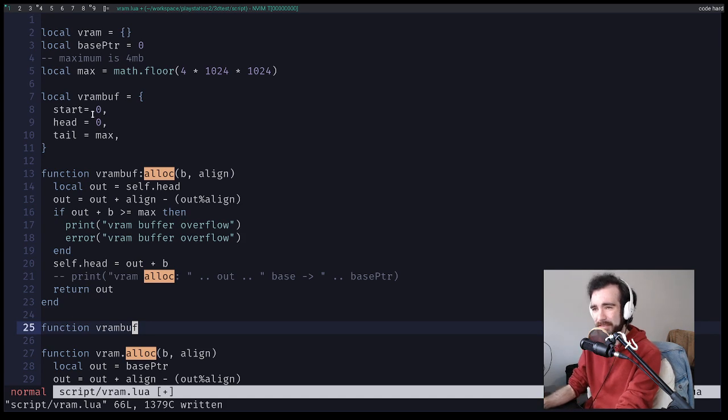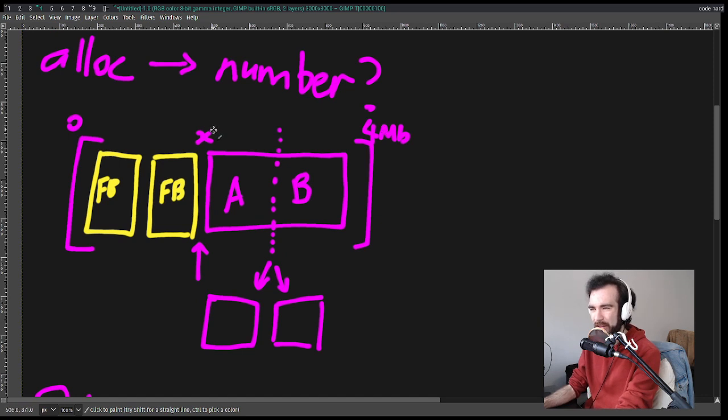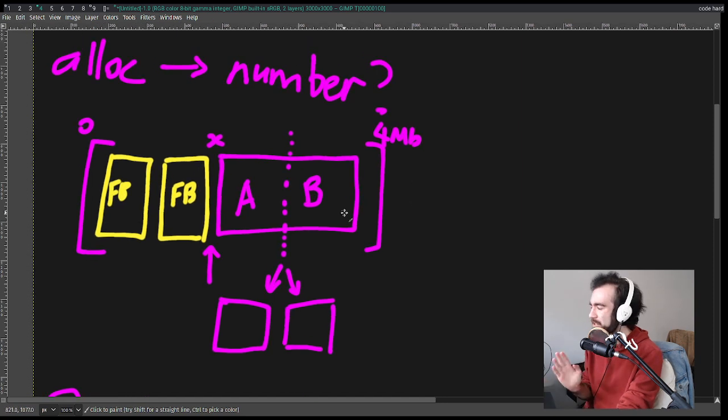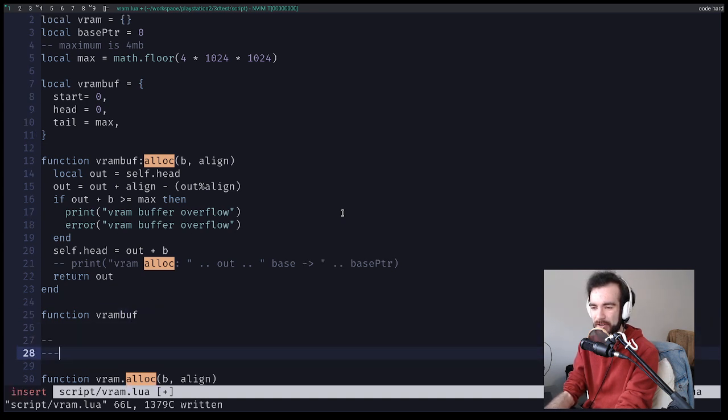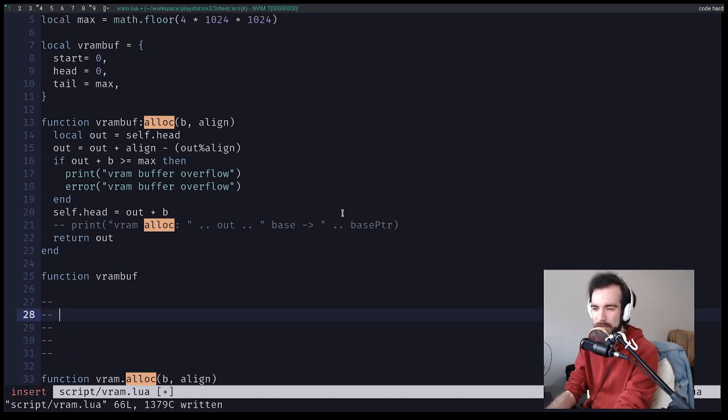We can either think of this as a method of an existing VRAM buffer. So if we have a VRAM buffer that takes up all of memory, we would give it maybe X, and it would give us the remaining. Or do we just... What's the best way to explain this? So I'm imagining two situations, right? In one, we say the new buffer equals mem slice. Right, so we make a buffer from an existing buffer, or the other option is we say new buffer equals VRAM dot, or like